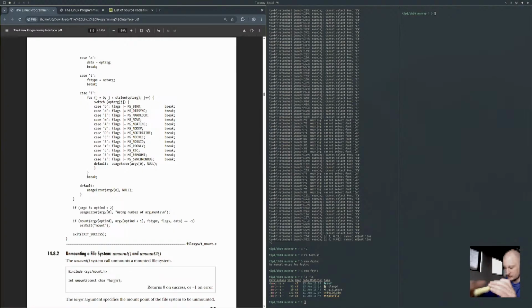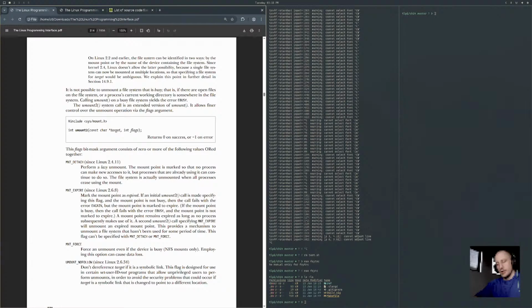The umount system call unmounts a mounted file system. And you just give it the target. The target argument specifies the mount point of the file system to be unmounted. On Linux 2.2 and earlier, the file system can be identified in two ways, by the mount point or by the name of the device containing the file system.